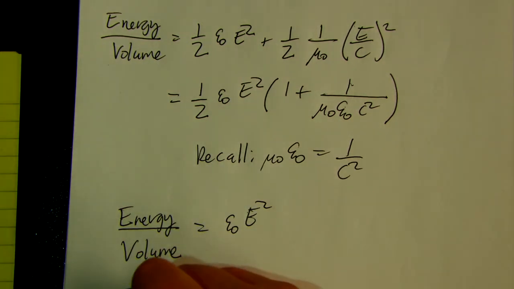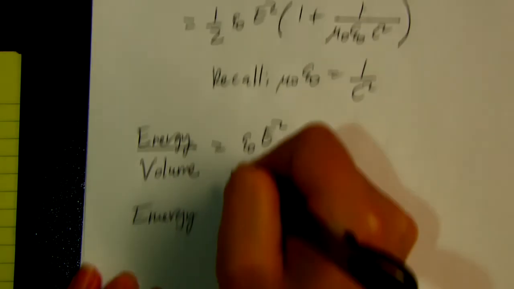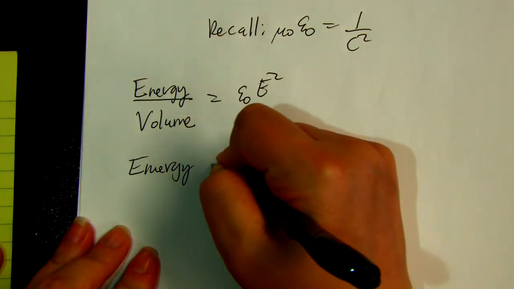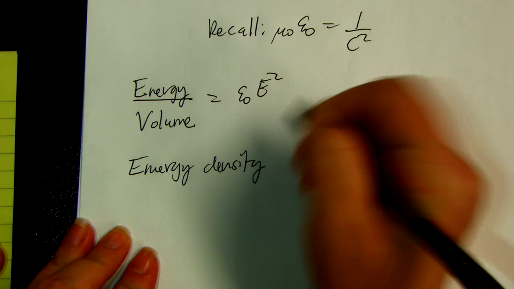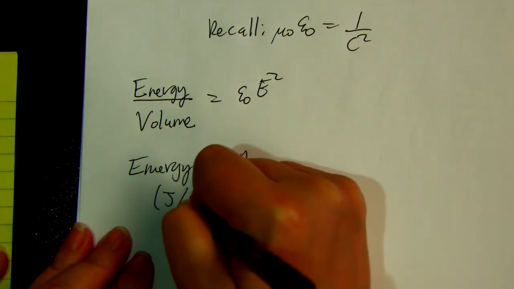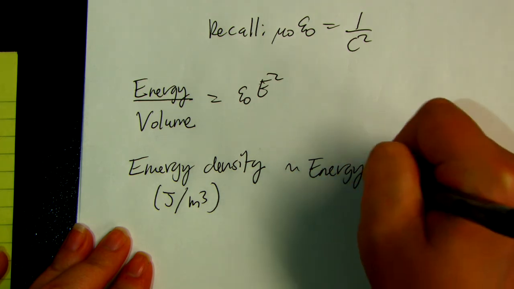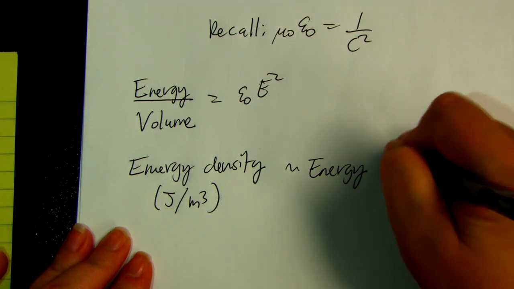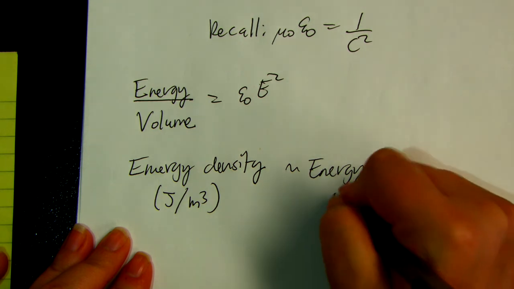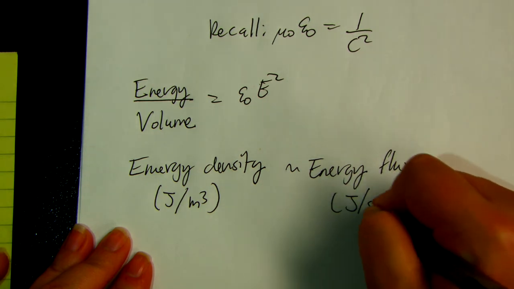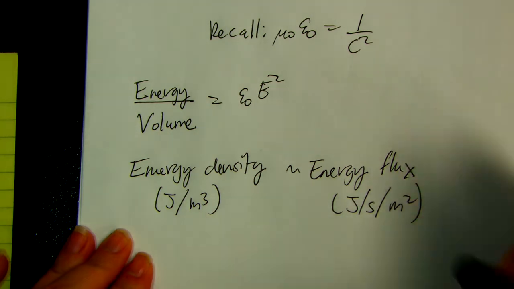So, energy density, which is in joules per meter cubed, is related to energy flux, joules per second per meter squared. So we're going to keep going, but we need to recall a few things first so we know where we're playing. So recall,